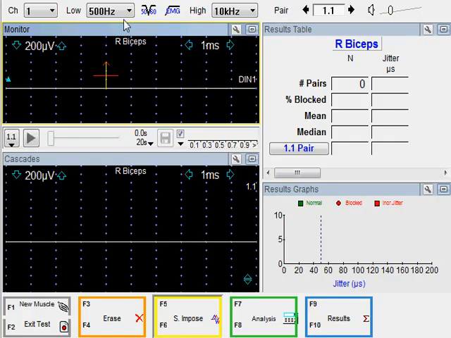Specifically, the low frequency setting or the high pass filter setting is 500 Hz. This is used when jitter is measured using a single fiber EMG electrode. If you plan on making jitter analysis using a concentric needle, you probably want to increase this setting to 1